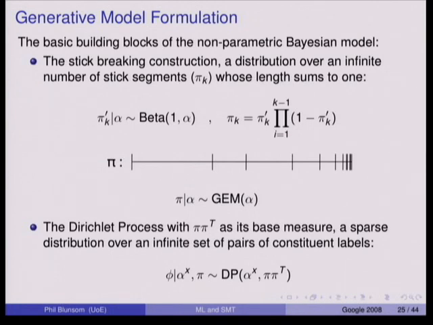So now I'll start talking about these Bayesian models. There are 2 main building blocks that we're using in this model. The first is the stick-breaking construction, and that's our prior over the number of constituents. What it does is give us a sparse prior distribution over an infinite number of constituents. The way we do that is we represent this with a stick. So in the middle there we have this idea of a stick, and it has unit length, so it's length 1, and we break off bits as we